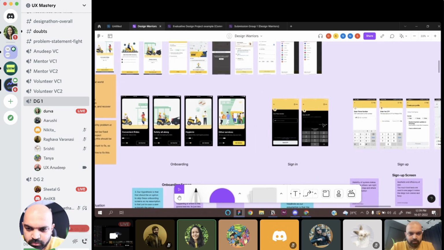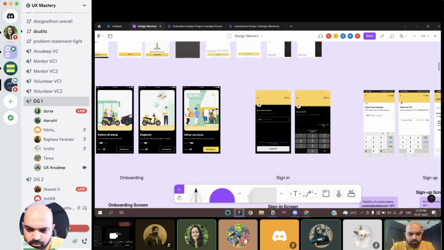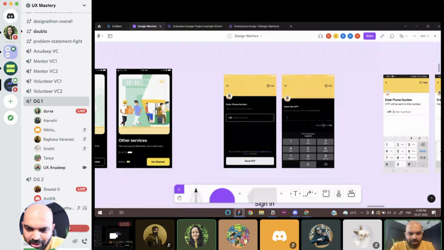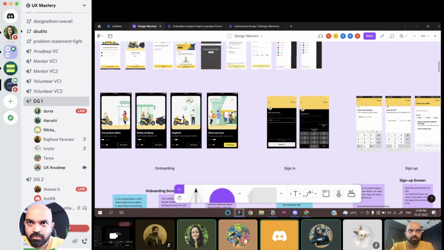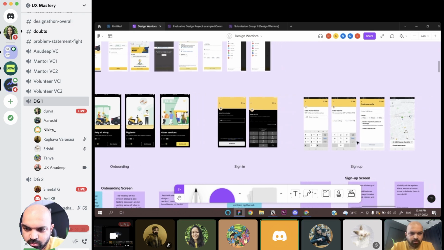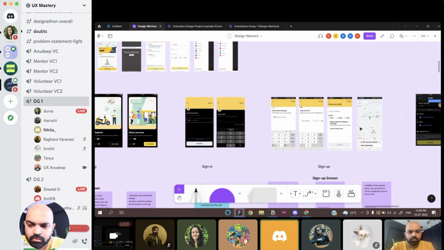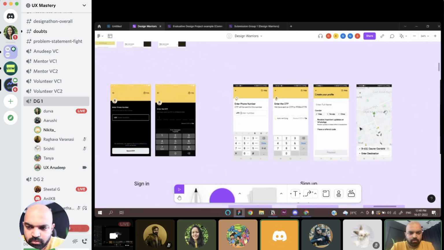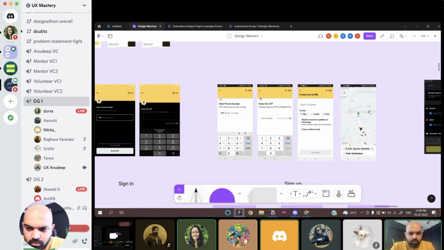Then for the sign in, we didn't find any. Okay, and anyone wants to take over? I'll go over. So for the sign in and sign up, we couldn't find anything related to heuristics, but we did find something that was based on our intuition. But once we got into creating the profile and getting to the main page, we